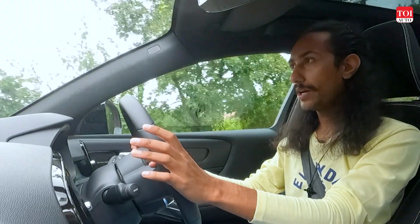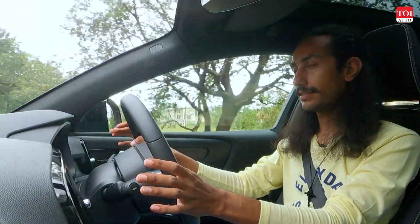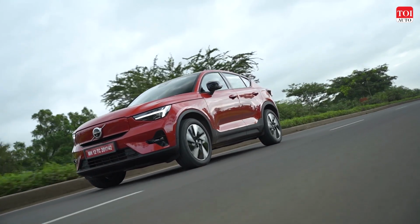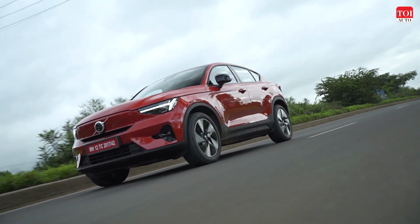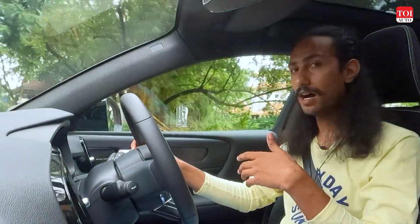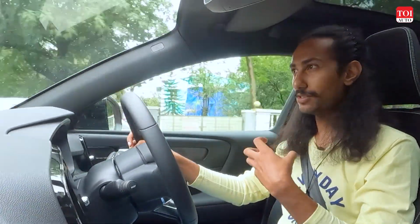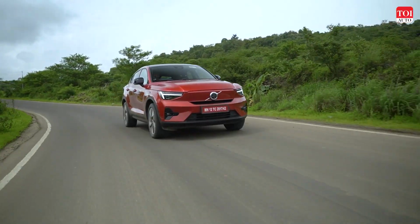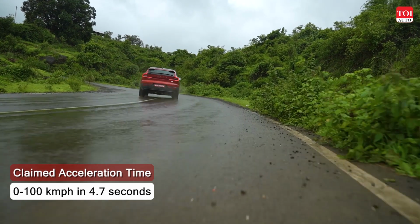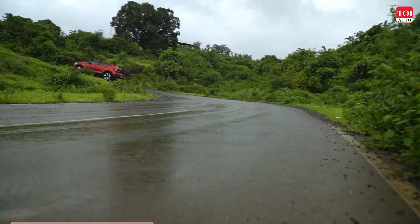Now, I like the way Volvo has mapped the accelerator pedal response, because initially in about 20% of the travel you have a very gradual and slow response, which is great for city driving. But the moment you press it a little harder, you get this instant surge of acceleration and all the torque hitting you right in your face, which you would expect from an EV that is generating 408 horsepower and 660